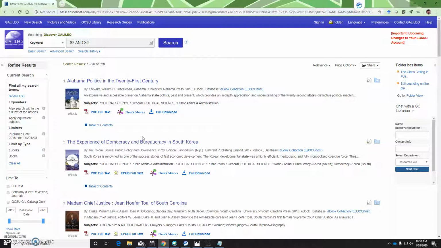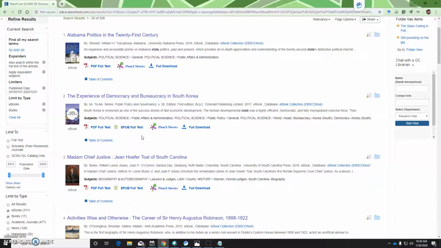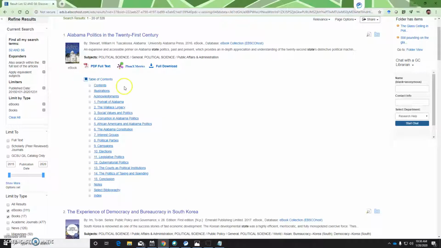When I do that, I like to really focus on what's published in a university press, because this is a popular topic. It can be written about in some more popular publishing, but university press is usually a good way to get at some quality sources. So, such as this one, Alabama Politics in the 21st Century, published by the University of Alabama Press. So, this is an ebook. That means you can access it online. I'd suggest not using